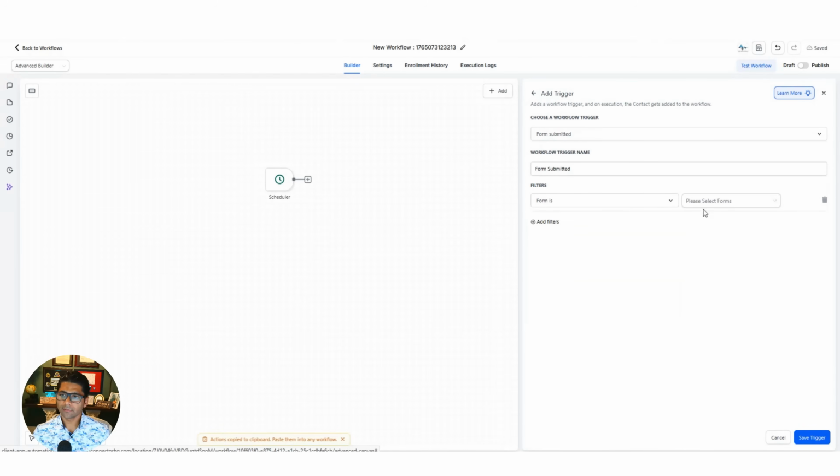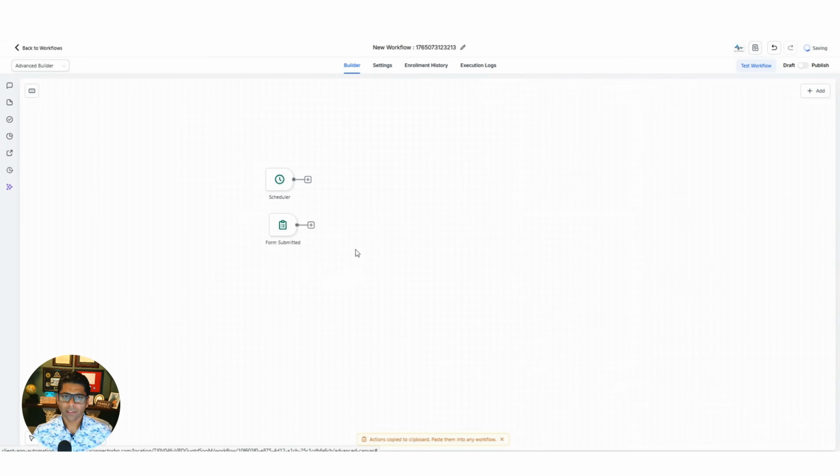So form is, and the form we just created. So you picked one social wizard input form, click that, and then save trigger. Now we have two triggers to execute. And the third one is within that form, if the field is set to configured, we want this to execute